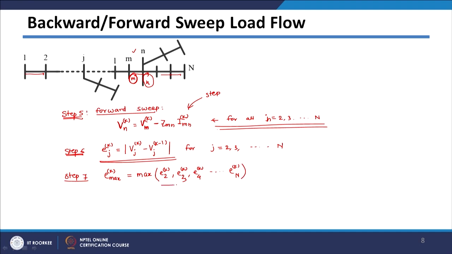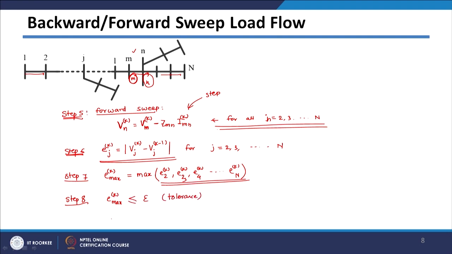These are nothing but the error at each bus, and when we get the maximum error, in step 8 we compare that maximum error with the tolerance value which you have selected. So, if this E_max at kth iteration is less than or equal to epsilon, which is the tolerance value which is selected,